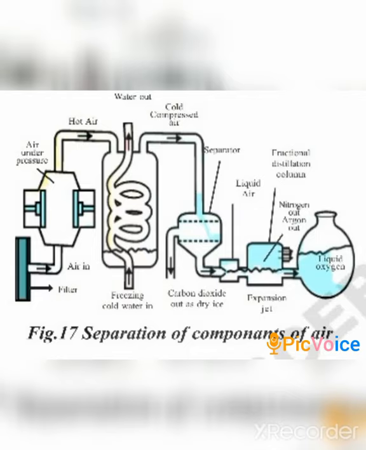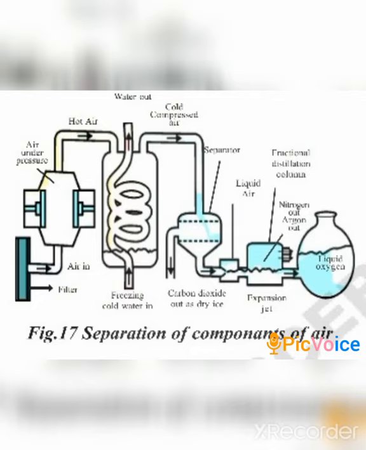and in the second chamber, it is being sent to the second chamber wherein the air is being freezed to such an extent that it would turn into a liquid air. In the first chamber, it is being compressed, and in the second chamber, it is being freezed. Cold water with the help of the channels would be provided to the second chamber so that this air would cool down and become into a liquid air.